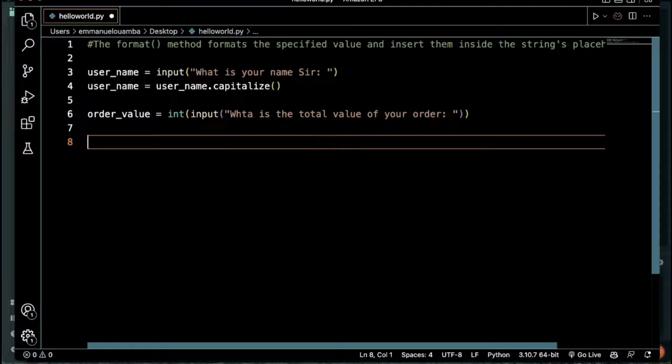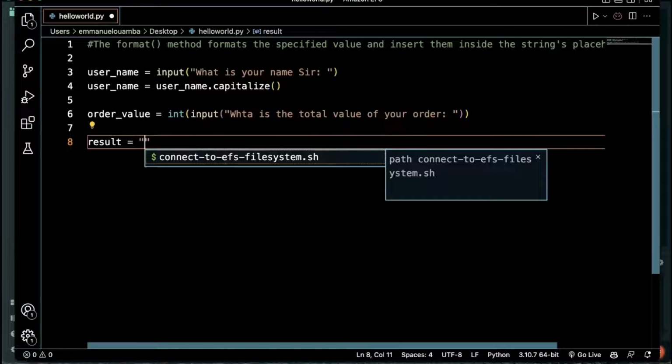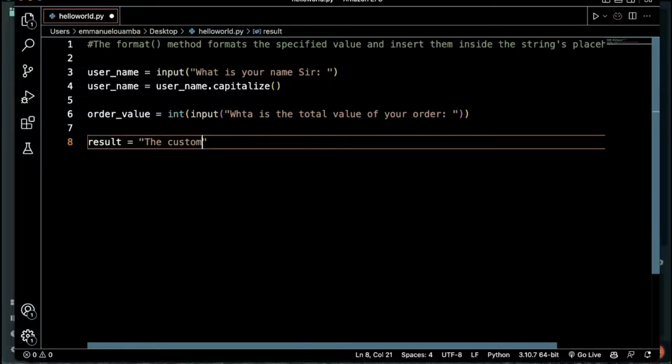Then I think I will define another variable called result. It will be the end result of what we want our code to print. It will be something like: customer name is Mr. And then